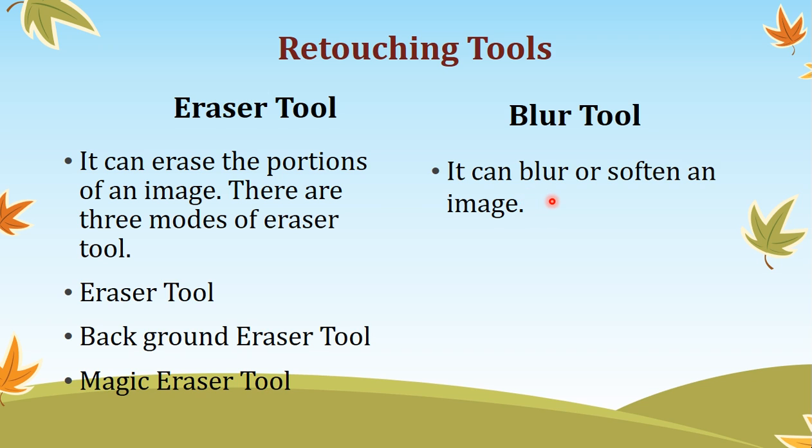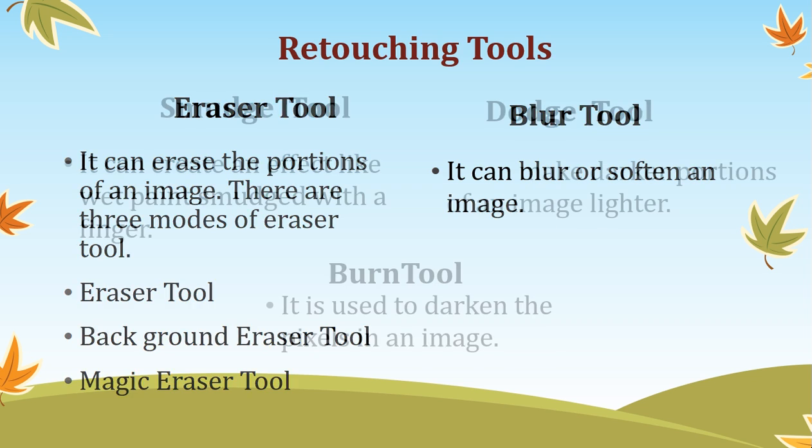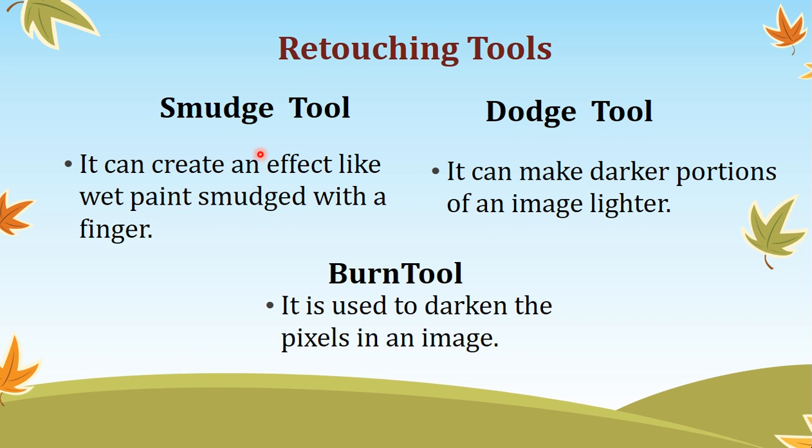Next is blur tool. It can blur or soften an image. The sharper the image is, the more blurred it can make it. We can use it to make the image blur. Then comes smudge tool. It can create an effect like wet paint smudged with a finger. The dodge tool can make darker portions of an image lighter, and the burn tool is used to darken the pixels in an image. Burn tool will darken the pixels, and dodge tool will make them lighter. Okay,